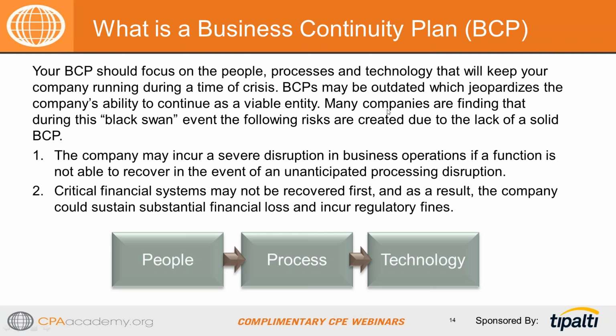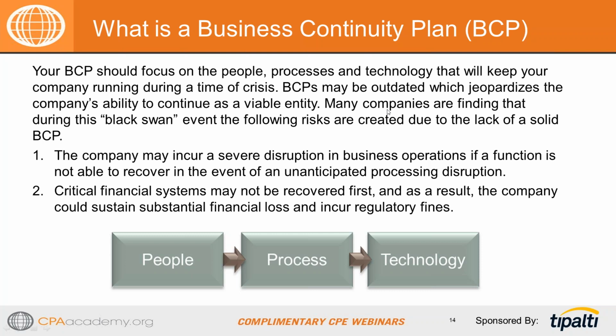And sometimes we might have a business continuity plan, but it's outdated because we haven't kept up to date with technology changes, and we still think everything needs to be done on premise. And what an outdated plan does is it really jeopardizes your ability to continue as a viable entity. With the Black Swan event that we're in now, the following risks are created due to a lack of a plan. There's a severe disruption, and I've worked with quite a few clients that have said, well, we can't do anything